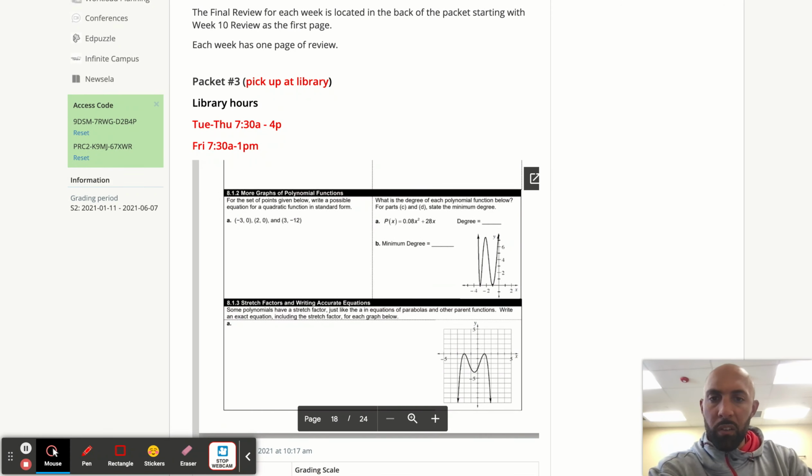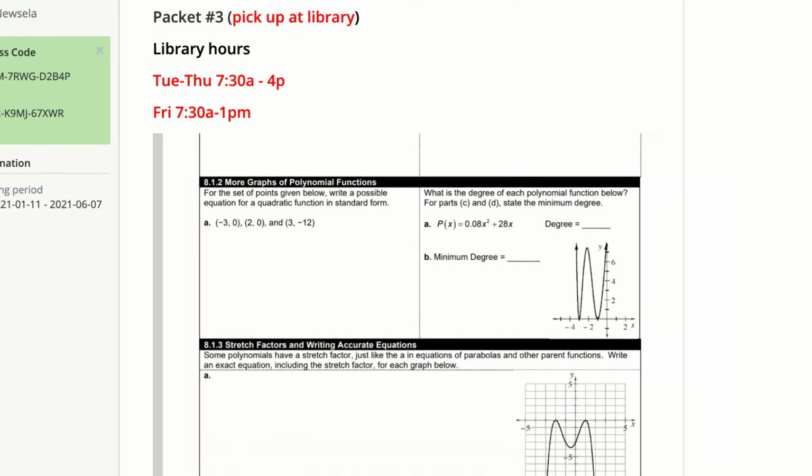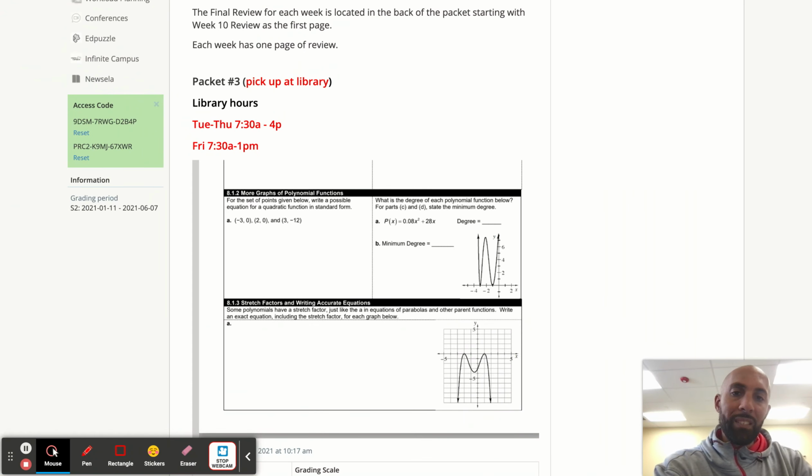Okay, so now this next one, you are looking for, given a set of points, write a possible equation. All right, so write it in standard form. Okay, standard form, it's important to know because we want to be able to work this out fully. Okay, so if it's asking for an equation in standard form,